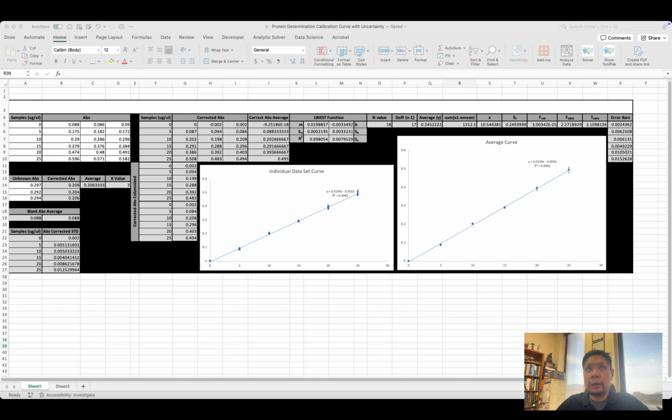Hello all. I decided to make this video today on how to create a calibration curve in Excel with error bars, because apparently in my first time teaching the class a couple years ago, we actually had an entire lab session just dedicated to making a calibration curve using Excel and also adding error bars. So since I didn't do that with you this time around, I'll do this in the form of a video,